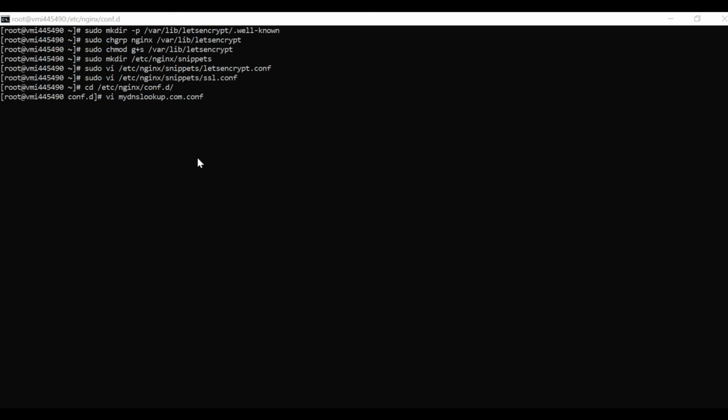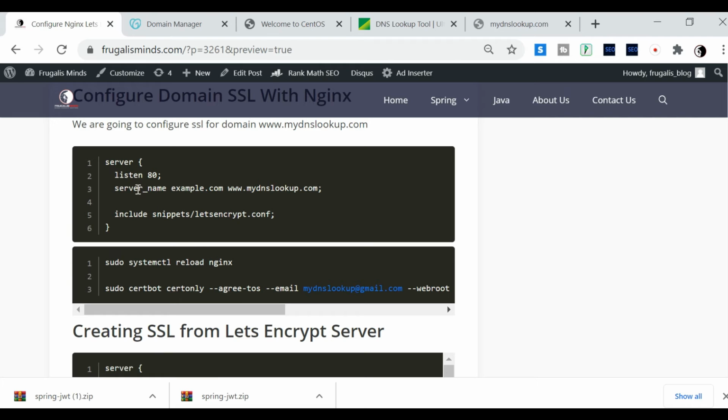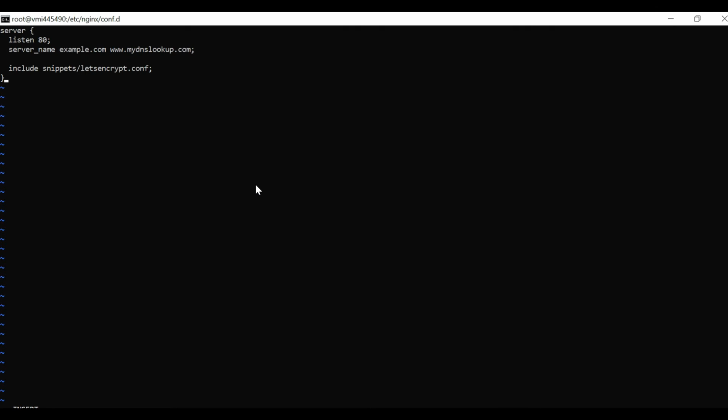Let's go ahead and configure this. Now I just have to copy and paste this block. This is a server block, so it says which DNS name it is going to serve. The requests for that domain will be served using this configuration, so just use it.